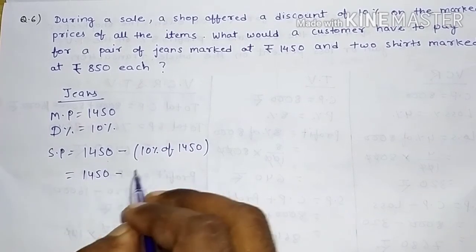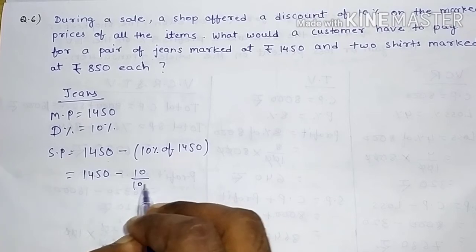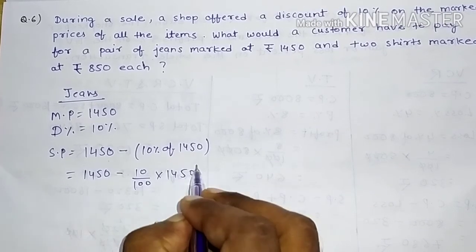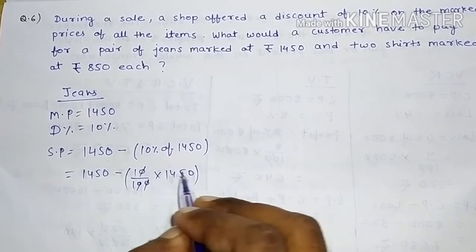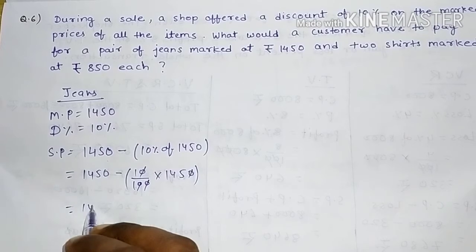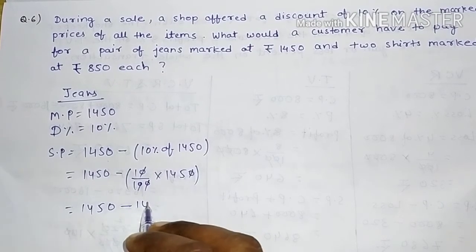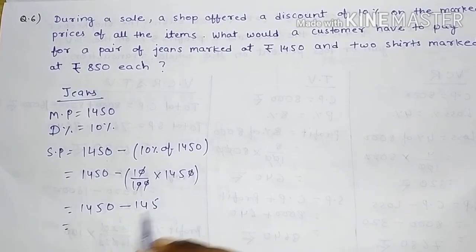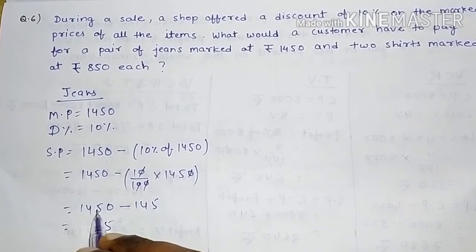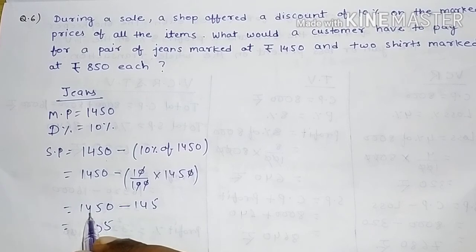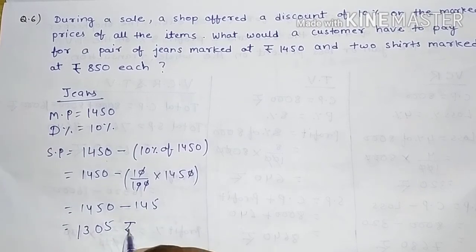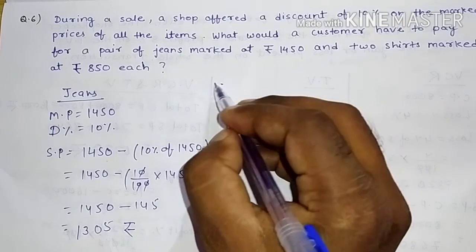1450 minus 10 upon 100 multiplied by 1450. 0 0 cancel out. So 1450 minus 145. So 10 minus 5, that is 5. 4 minus 4, that is 0. And here 3 and 1. So 1305 rupees is the selling price of jeans. Similarly,